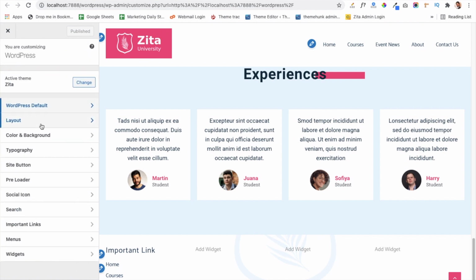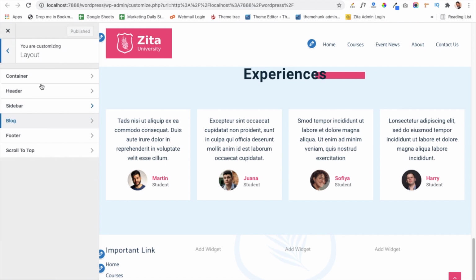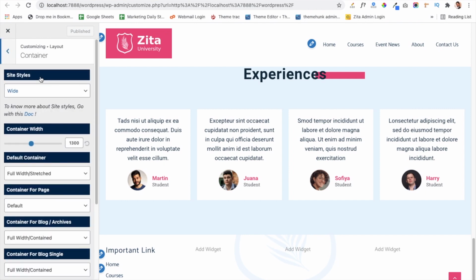Here in the theme we have given layout options such as the container layout option. In the container layout option you have multiple styles like wide, max width, padded, end to end. You can use this option to manage your container. Also you can give a custom value to your container size. Default container options are also available there. It will work for your whole site, such as box, content box, full width and full width stretched.